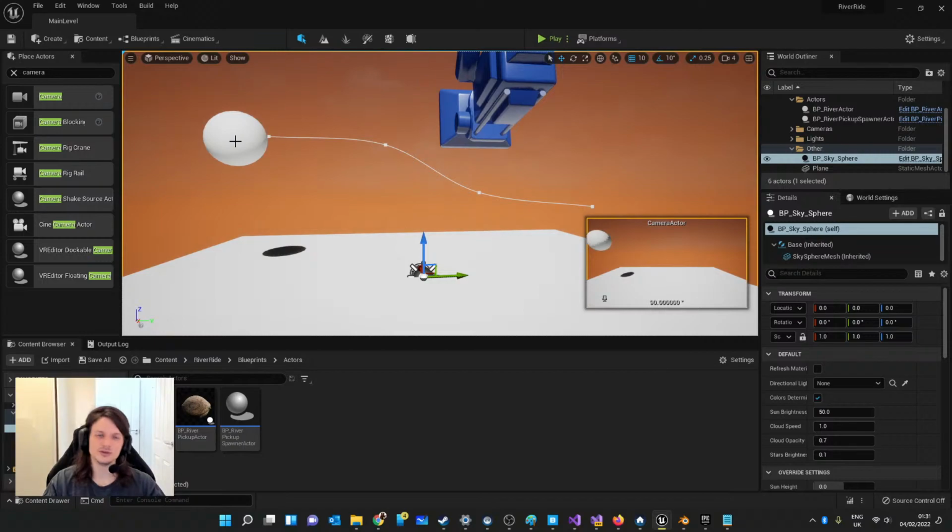Now what I want to do is tell the spawner about the spline. So we're gonna point the spawner to the spline where it should go. And I think what we'll do actually is rather than just point it to the spline, we'll point it to the entire river actor. Let me just think about this. Or even better,